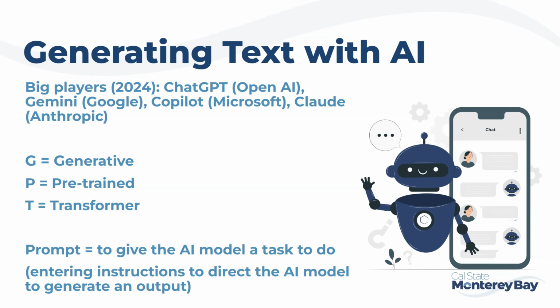ChatGPT and other frontier models are task-based large language models, which have been trained on enormous amounts of language data. ChatGPT in particular has become widely used for its ability to produce natural, human-sounding language. In short, anyone can prompt these programs to produce writing. Now, you'll hear the word prompt several times throughout this lesson, and hopefully you have already encountered this term from the glossary in this course. In review, prompting refers to the process of entering instructions and/or keywords to direct the AI software to generate a specific output. In other words, we're giving the AI a thing to do, a thing to create.